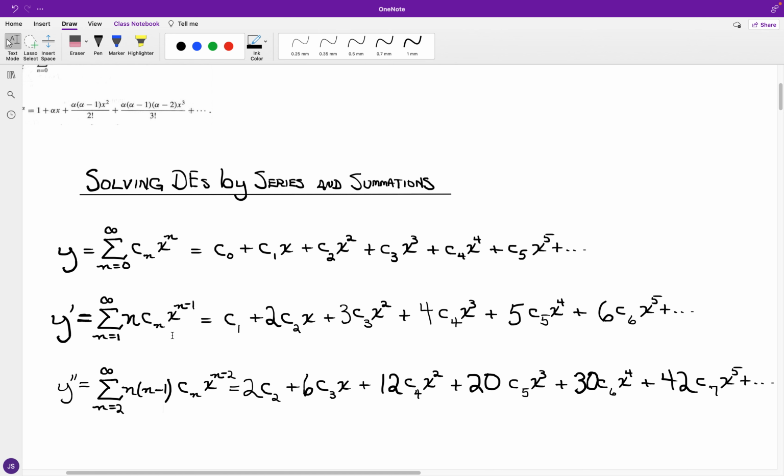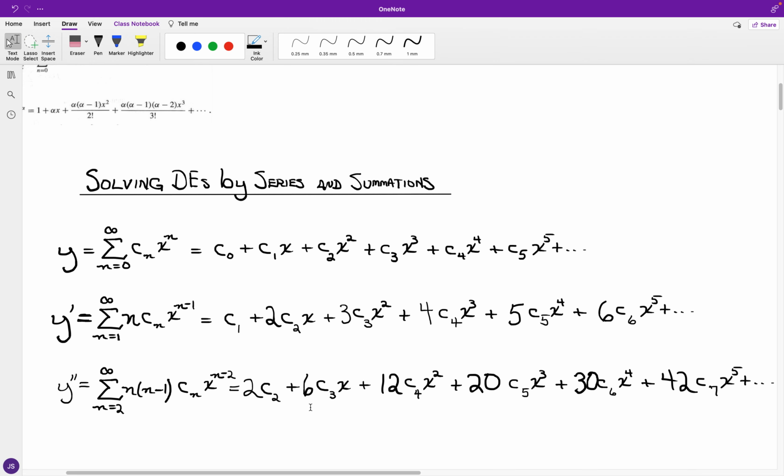So we're using the power property of derivatives. If I use this again, we're going to have n times n minus 1 times c sub n times x to the n minus 2. This is the statement in general terms for the summation of the second order derivative. Notice in the layout, c sub 0 went out, c sub 1 now goes out, and the minimum subscripted value is going to be at 2. So we have n going from 2 to infinity, and in the expanded notation, we have 2 c sub 2 plus 6 c sub 3 x,